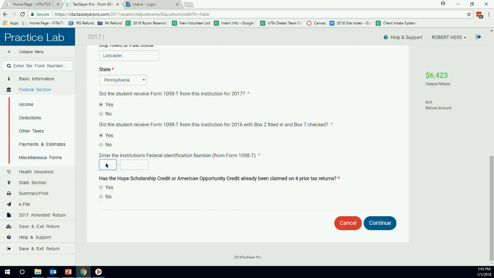Now we're going to enter the EIN number. Again, that's going to come right off of the form here. So our form is 206 and a bunch of X's, so I'll just put 6 other numbers. Wonderful. All right, so in our questions here, has the Hope Scholarship or American Opportunity Credit been already claimed on